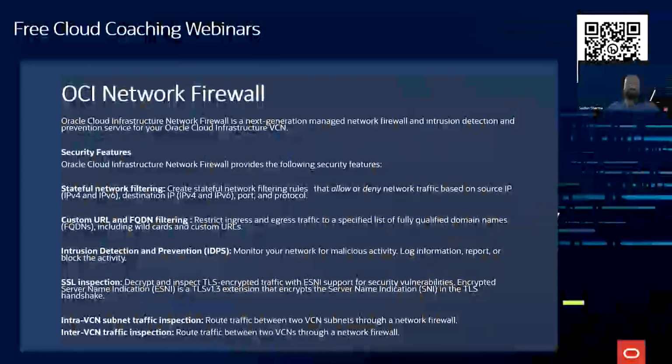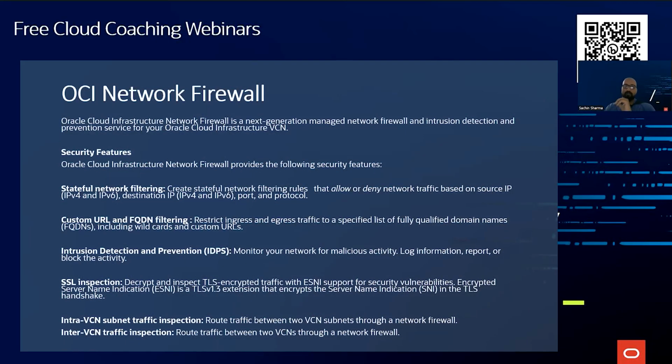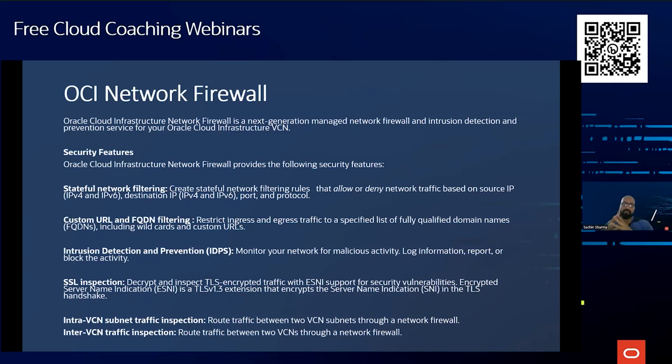So now we get to know what is network firewall. The question is, why a network firewall? If a customer or a user is looking to secure network traffic for their workloads running in OCI, network firewall is the right way to achieve that. OCI provides network security groups and security lists for the subnets by default, which allow traffic on the basis of source IPs, protocol, and port.